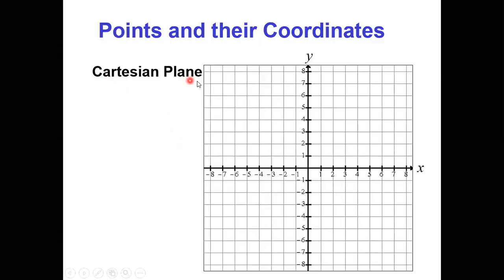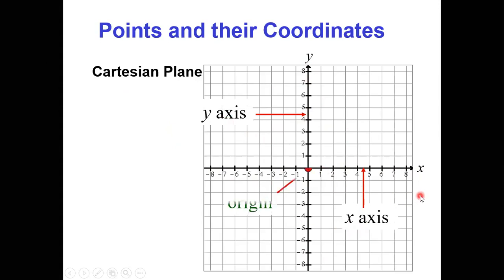And you know, this is called the Cartesian plane. The X-axis is there, the Y-axis is there, and how many quadrants? We studied this: 1, 2, 3, 4. 4 quadrants are there. The horizontal axis is called the X-axis and the vertical axis is called the Y-axis. And the center point (0, 0) is called the origin.